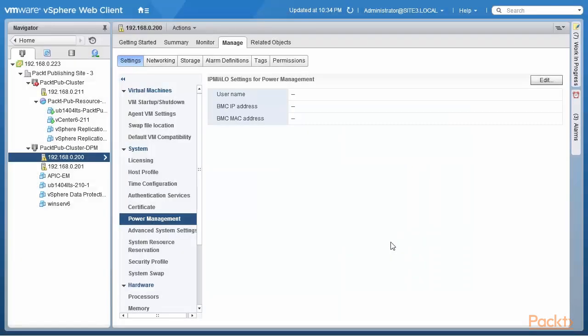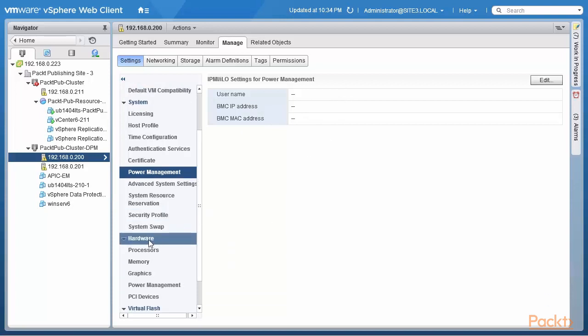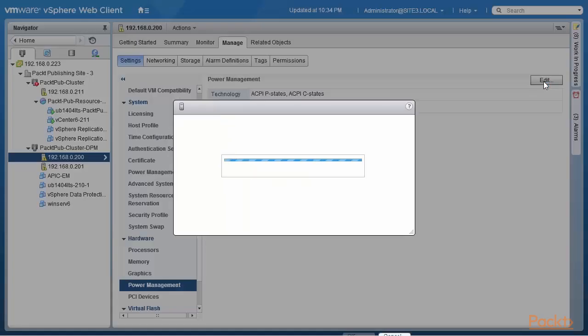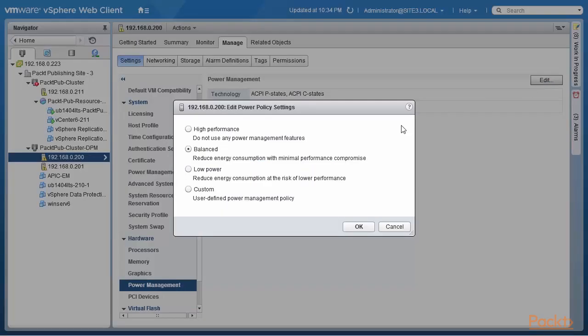I'm going to cancel out of this because my BMC is not operational now, but this is how one would set that up. So once vCenter knows your user ID and password and the BMC IP address and BMC MAC address, they would obviously show up here. The next thing to do is to look at the power management tab on the hardware. And in power management, when we click on edit, we can specify